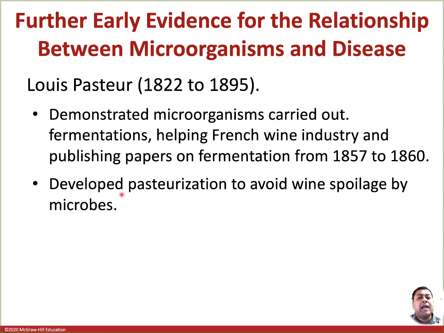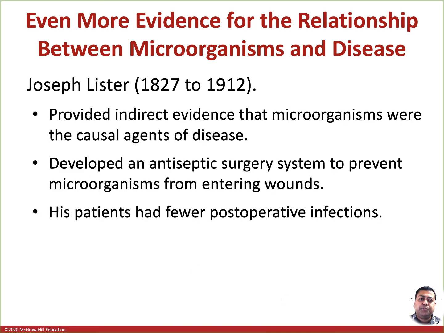So Pasteur found a process where you increase the temperature of these liquids to a certain degree, either 65 or 70 degrees. We are going to talk about that later. But you increase the temperature to a certain degree, and that can avoid the spoilage of these materials for a little while. So basically, you can increase the shelf life of these materials to a certain extent with this process, which is still used in many of these industries.